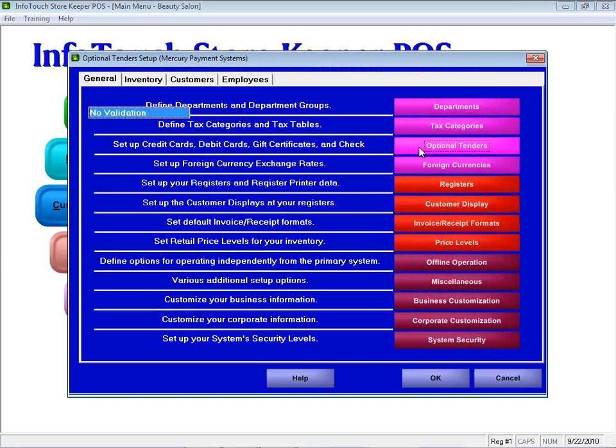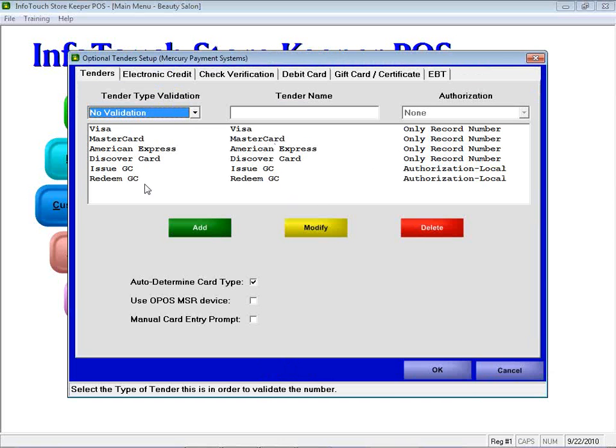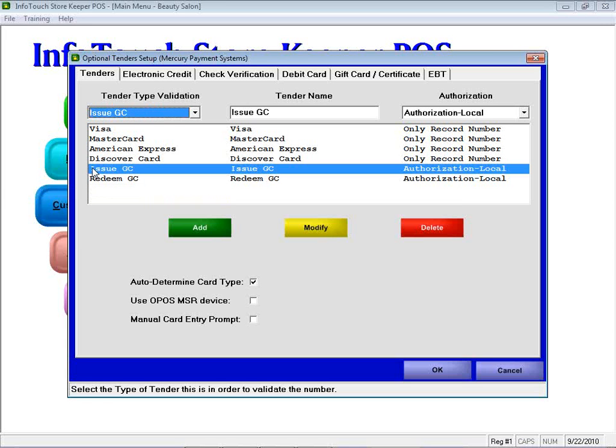And under Optional Tenders, if you want a gift certificate, there's actually an option for 3 different tender types, of which you're either going to use 1 or 2. So right now, for example, we have a tender type called Issue GC. You can call it whatever you like in terms of the name of it, but this is used for issuing gift certificates. Issuing is the process of the customer giving you money in exchange for you giving them that certificate that they can later use. In the gift card world, that function is usually called activate, but it's essentially exactly the same